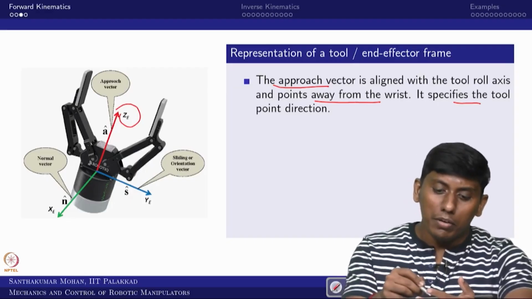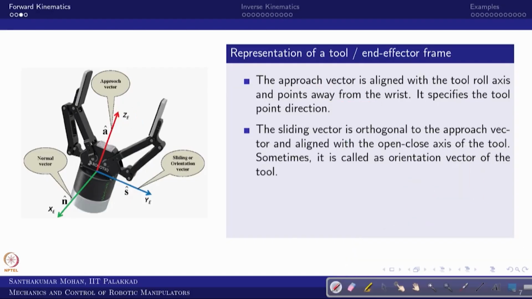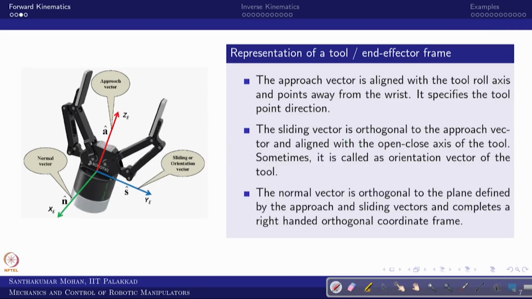Okay. Similarly, the second thing is the sliding, which is how the gripper is opening and closing, or what the tool pitching is, right. That direction, what you call the orientation vector or sliding vector. In the sense, if you take a gripper, how the tool opens and closes, or you are pitching it, that is the sliding vector. What would be left is the normal to that, normal to this plane. That is the x axis which we are going to fix, that completes the right-handed